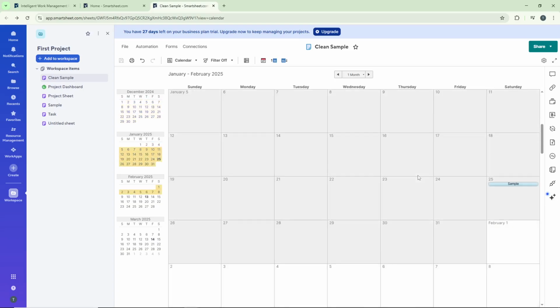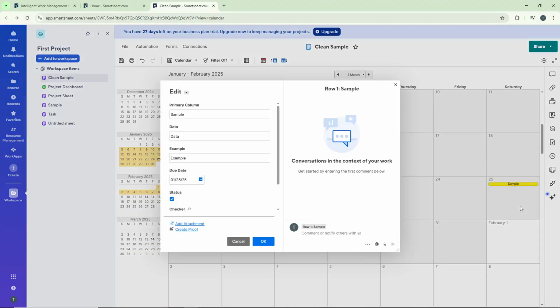Once the calendar view is active, you can start customizing how your data appears. If you right-click on any data entry displayed on the calendar, you'll see options to edit the color settings. This is useful for color-coding different types of tasks or priorities. If you need to edit the actual data itself, simply click Edit and you'll be able to make changes directly